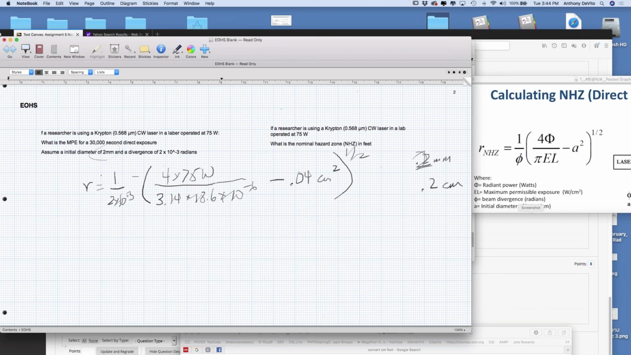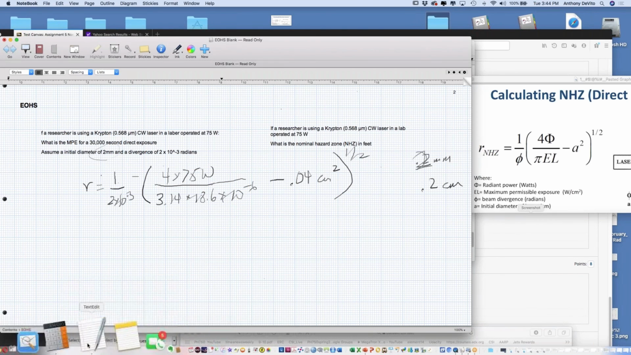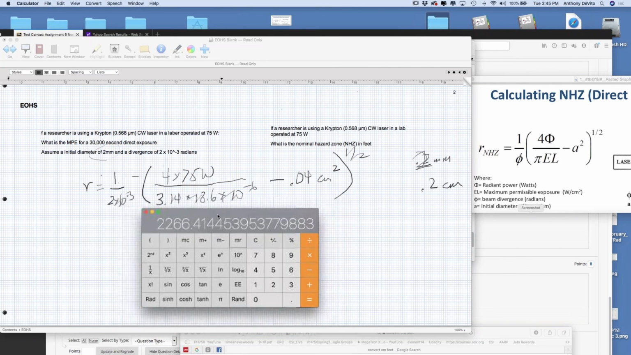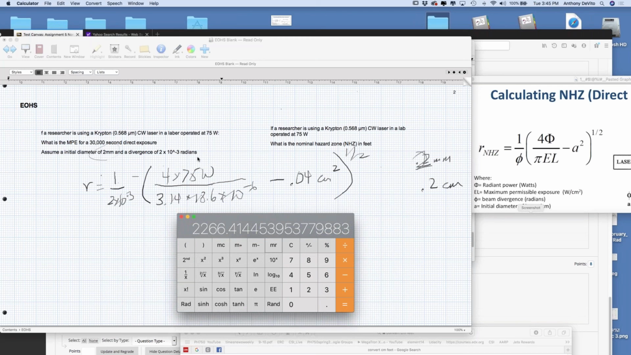So I'm going to go back to my calculator and take the square root of it. And the square root of it is 2266 centimeters. So that's how many centimeters this whole expression represents. It's centimeters because it's the square root of centimeters squared. This is unitless, so it's going to stay centimeters when I complete the operation. So I'm going to divide that by 2 times 10 to the minus 3, which is dividing by 0.002, and that's equal to